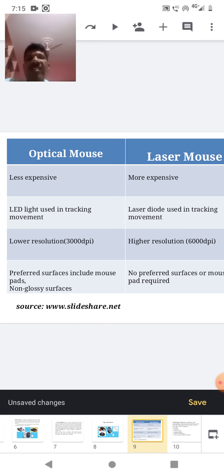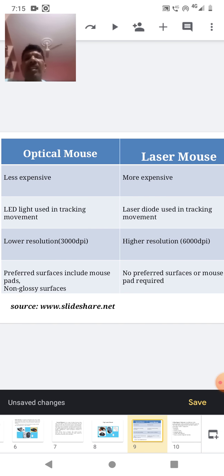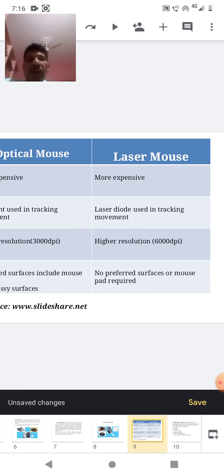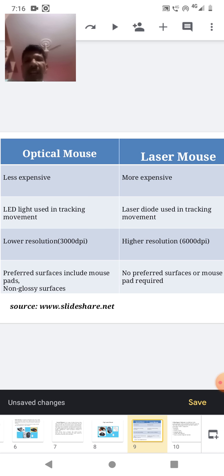When its dpi is higher, automatically it provides pinpoint accuracy. Then optical mouse preferred surfaces include mouse pads and non-glossy surfaces. So that means optical mouse needs a mouse pad and non-glossy surfaces, whereas laser mouse has no preferred surfaces and a mouse pad is not required.